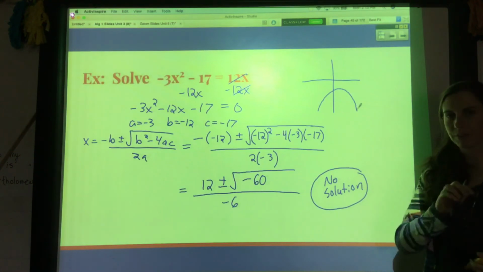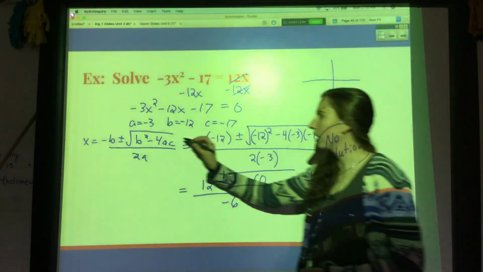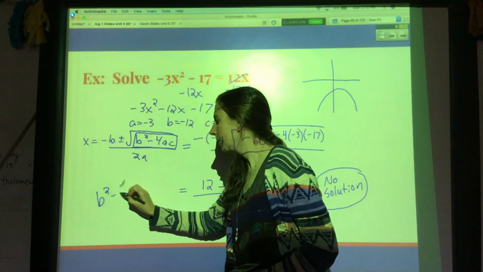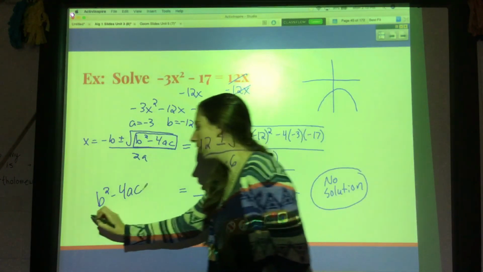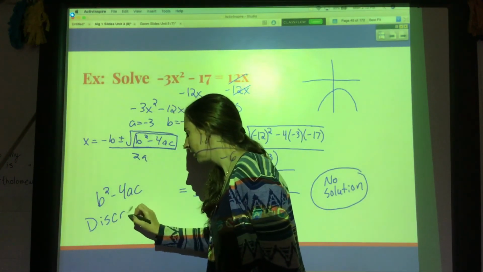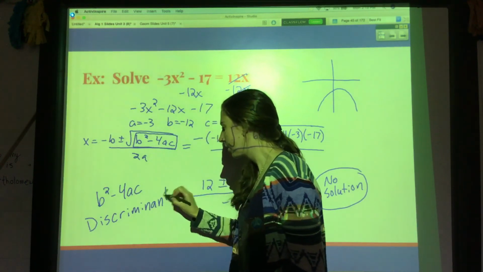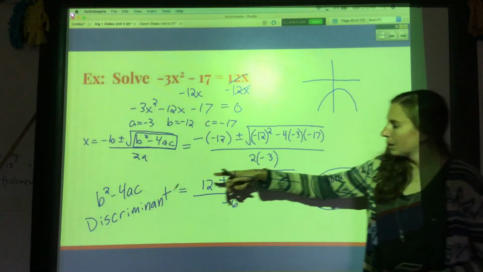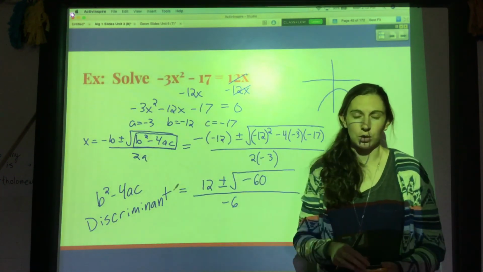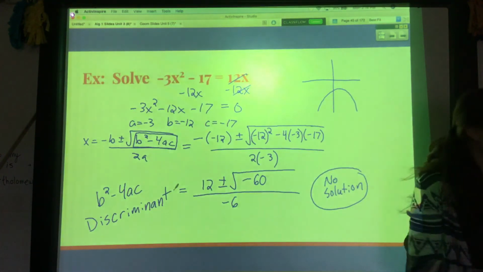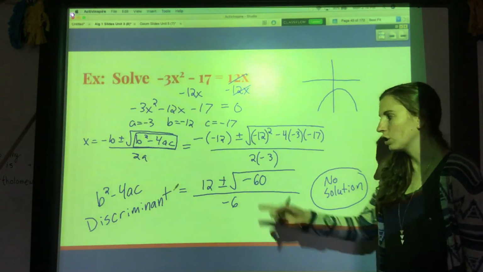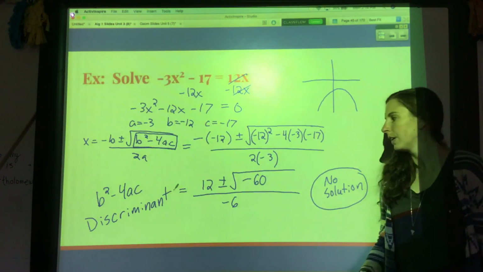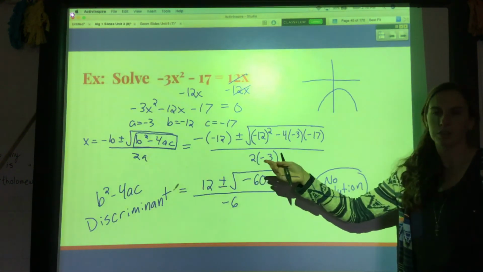I want to talk real briefly, just to wrap this up, about this part right here. B squared minus 4ac. This is something we call the discriminant. Not discriminate, the discriminant, because it helps us determine or figure out how many solutions we're going to have. And you don't need to memorize this, but I just think it's kind of interesting. For example, you just saw, if the discriminant ends up being negative, then there's going to be no solution. If the discriminant is positive, then you're going to have